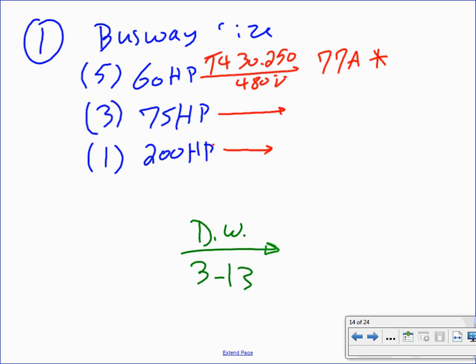How many of them do I have, Adam? I have 5 of them. So you multiply it by 5. Okay. Then the 75 horsepower. The full load amp is 96 amps. You multiply it by how many of them do you have? 3 of them. The third one,